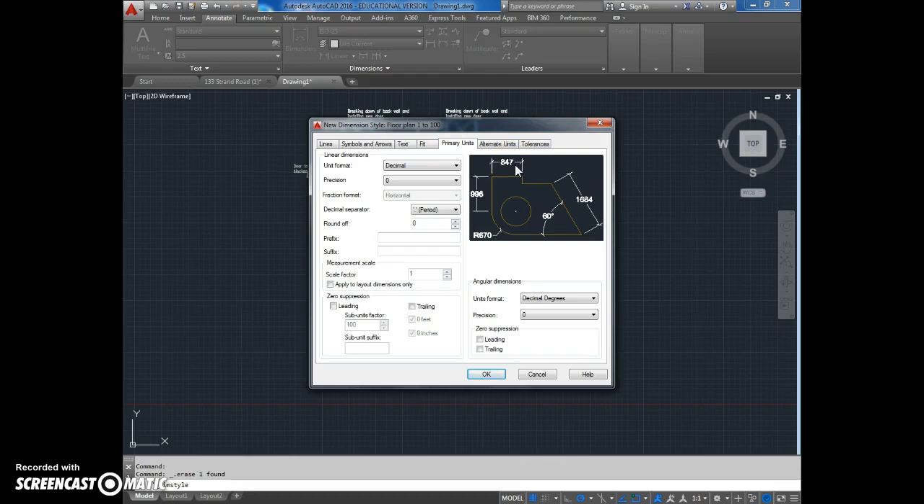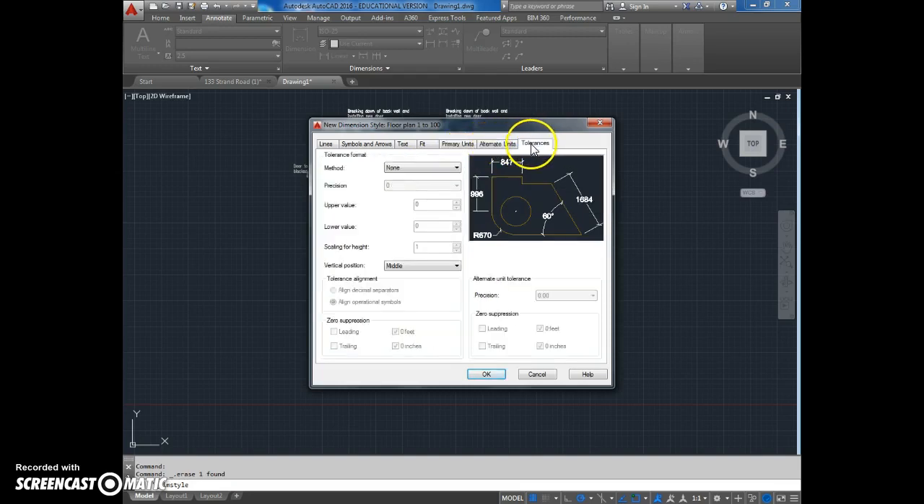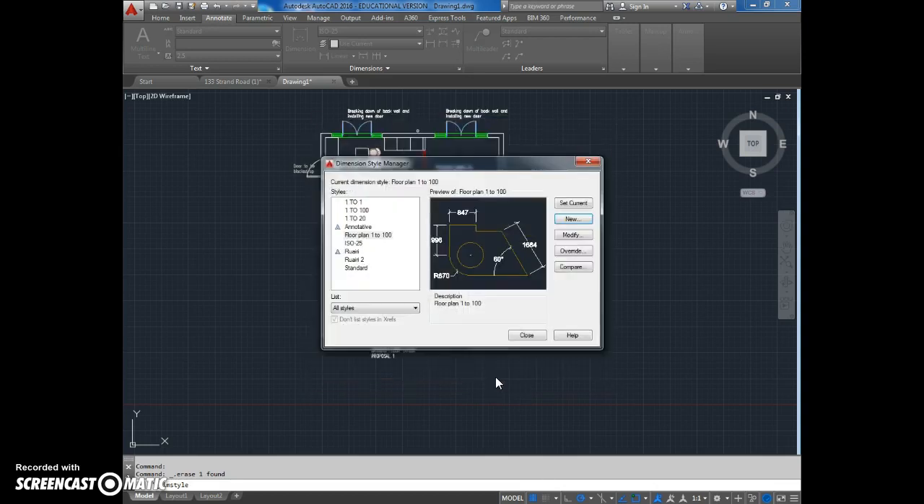we're drawing everything in millimeters. If we're drawing in meters, you could go to 3 decimal places. And then alternate units, we leave that blank, and tolerance, we leave that alone. And we'll go just back to text, and that's in a standard. If you wanted to change that, you could, but I'll just leave it as it is, and I click OK to that. Set current, and if you can see here, it's set up floor plan 1:100, and we click